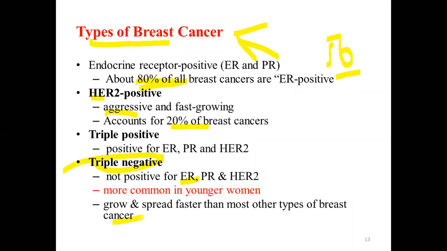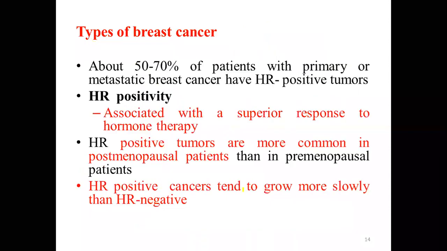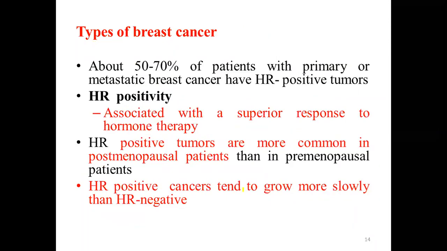If the tumor is triple negative and HER2 positive, that is very aggressive. This one is very common in younger women. Do you know, by the way, if you detect breast cancer in the younger population, it's usually very aggressive and very fast growing in nature. That is how the tumor behaves in the younger population, especially below the age of 40 years. Okay, so this is the classification of breast cancer based on hormone receptor status.